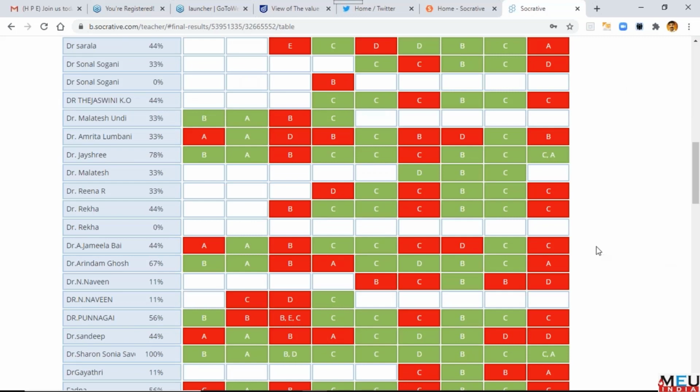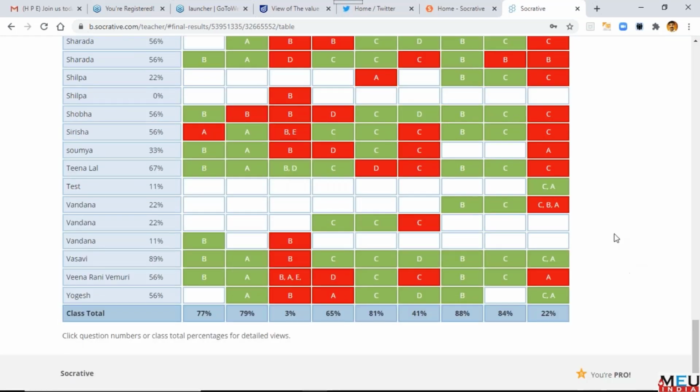That means for that particular question or part, you need to concentrate more. The class total for the first question is 77%. So providing feedback is very easy and very attractive to the students.